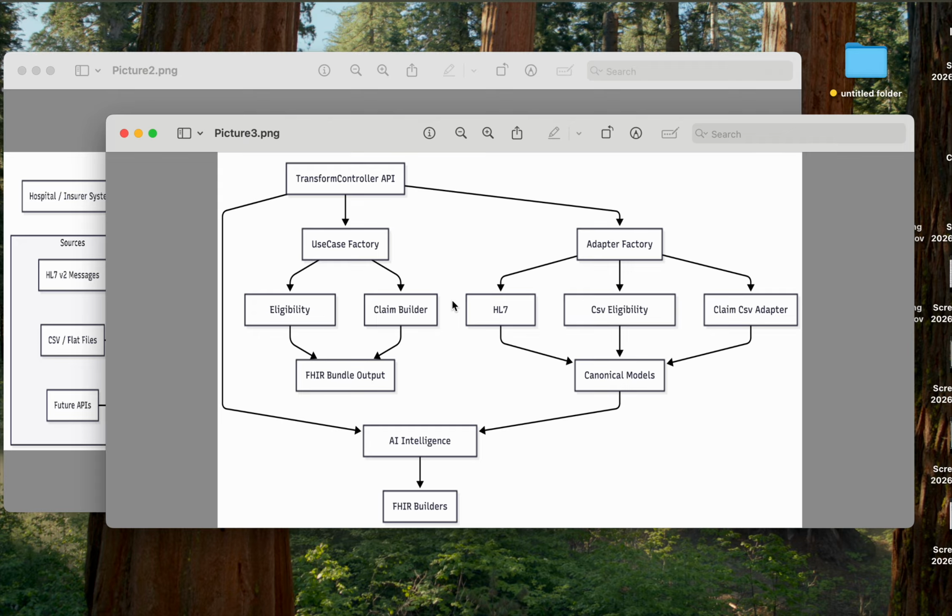For this demo, we focused on segments required for the eligibility and claims workflows. The important part is that our ingestion layer is segment agnostic and extensible. Adding support for additional segments only requires updating the adapter logic. The canonical, AI and FHIR layers remain unchanged. So scaling coverage does not require